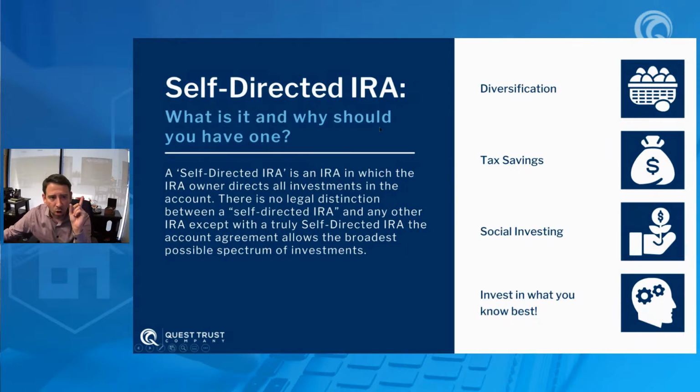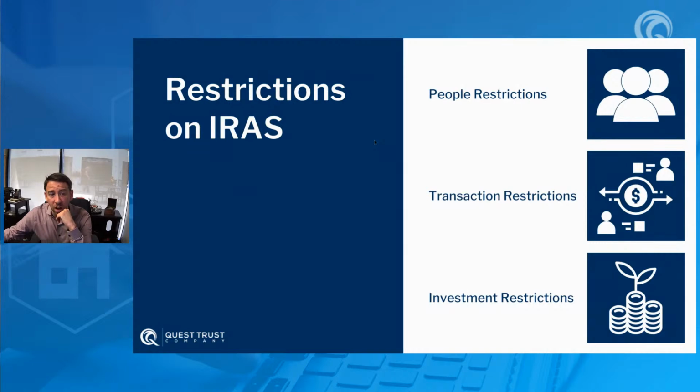Now, remember, all of these IRAs that we have, whether it's a Roth IRA, a traditional IRA, a solo 401k, an HSA, or a SEP IRA, these are non-taxable entities. So if the IRS is going to give you a non-taxable entity, something that you can avoid all the taxes on, they're going to put some big restrictions on there: people restrictions, transaction restrictions, and investment restrictions. All right. Now, really, out of all of these, for any real estate investor, the biggest thing that you care about are the people restrictions.